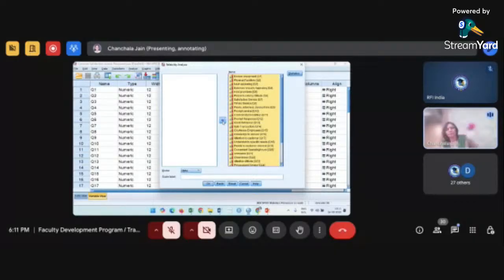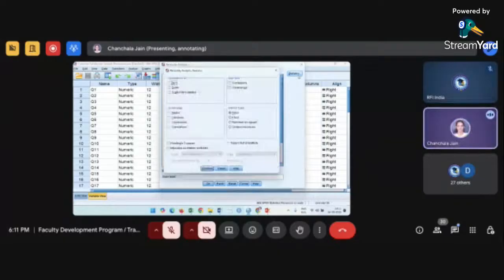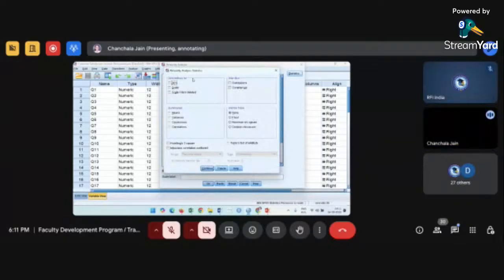After this, you can see at the right side there is a button named Statistics. Click on this. A dialog box will appear. Here, in the Descriptives section, there are three things: item, scale, and scale